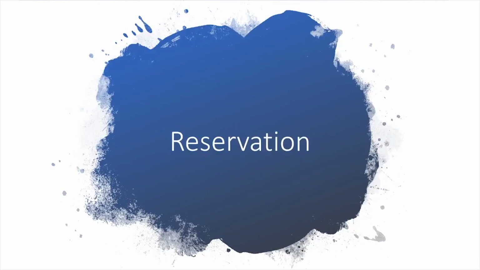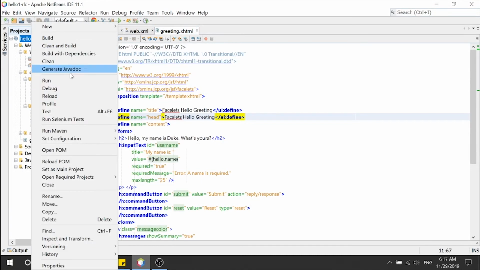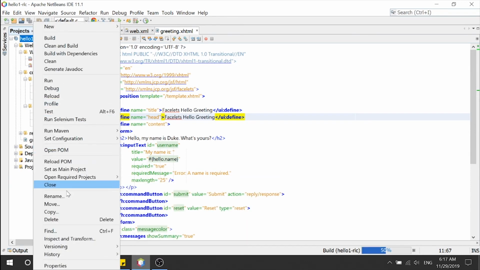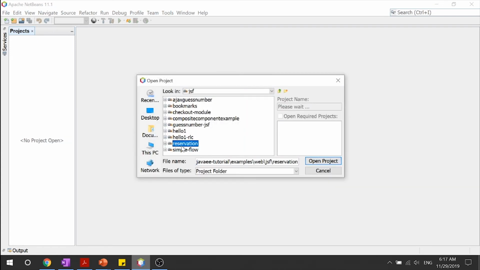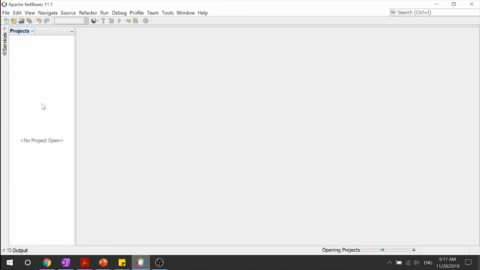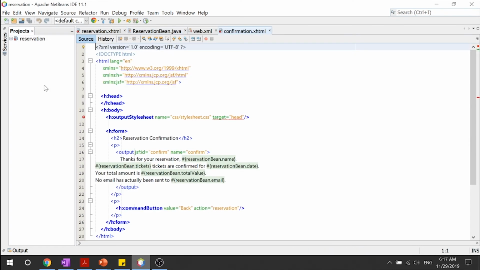Now let's take a look at our reservation example that takes into account HTML5. So let's use what we learned about HTML5 and look at an example. So let's go ahead and clean this and close it. Let's right click and open a project, and let's go to our reservation project. Now this project is simply creating a reservation for buying tickets. What we can do is we can open this guy up, and the first thing we want to look at